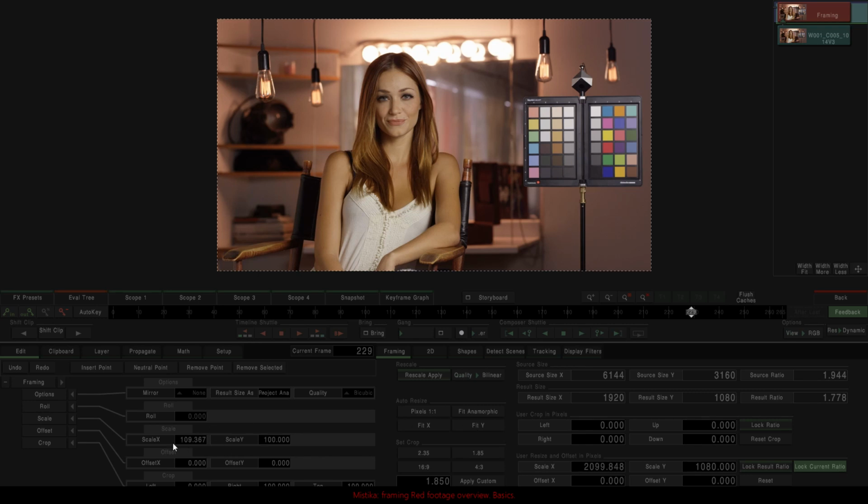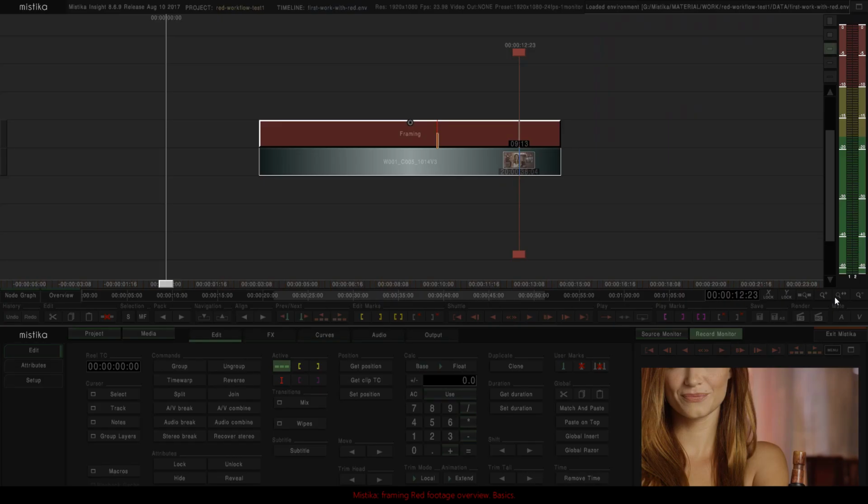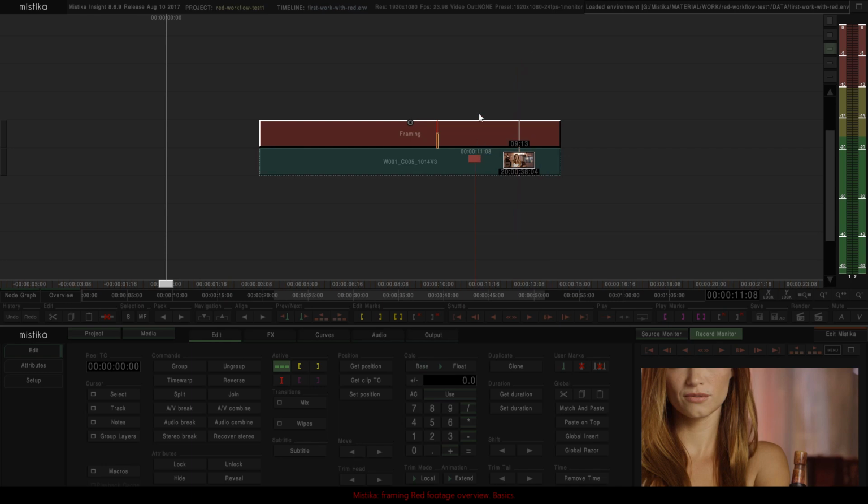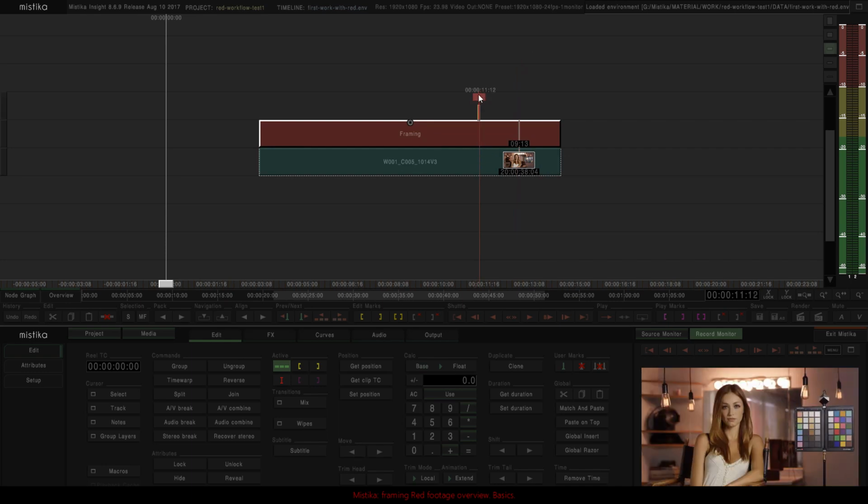Again, the values are being reflected here. The X scale now is being upscaled up until 109 something percent. Reflected here again in pixels. So back in my timeline and before and after,